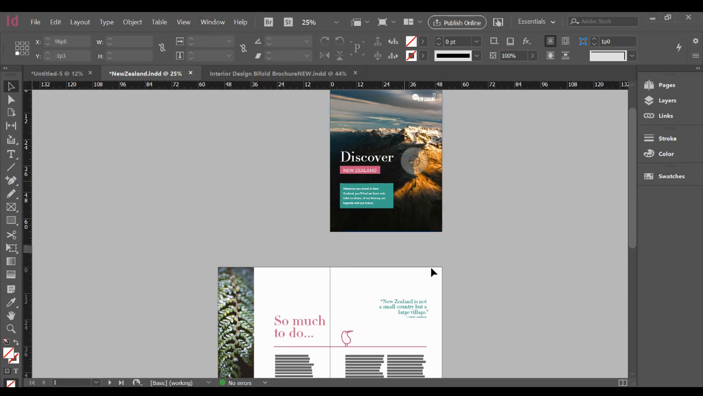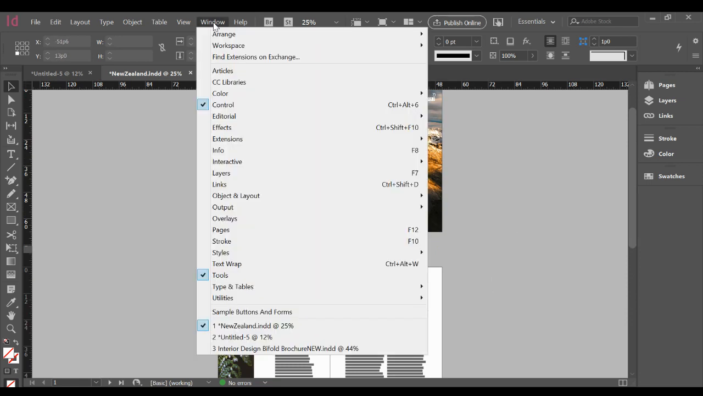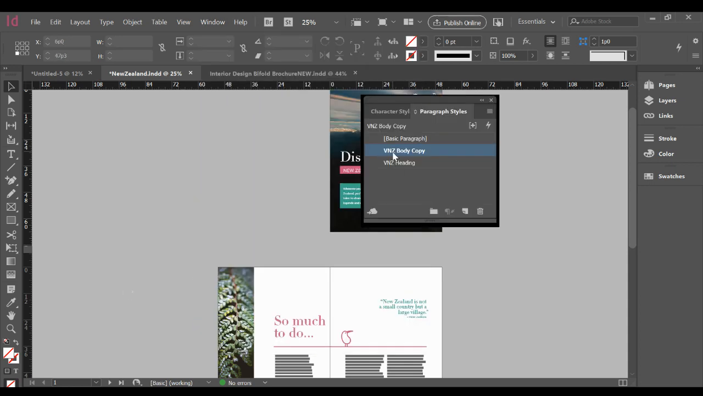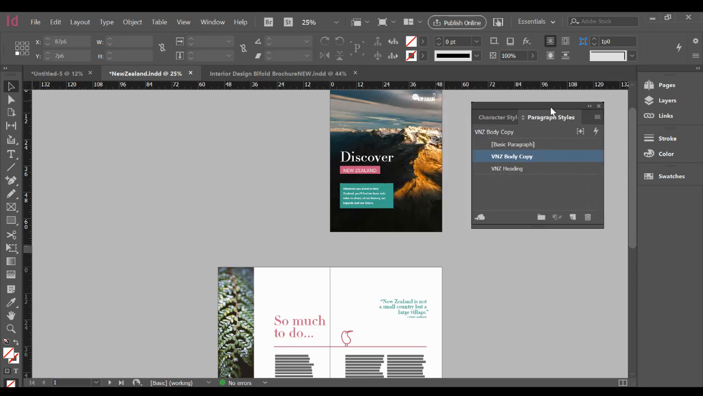So you'll open this, show me all of that, then go to your styles and go to your paragraph style. I want to see that you have the VNZ body copy and the VNZ heading. And the way that I want to test this, actually, I don't even want to test it. That's fine. Then you will open up your PDF file